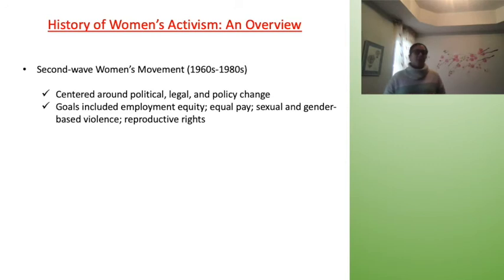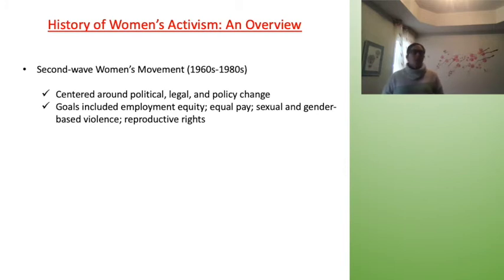The second wave of the feminist movement, or the women's liberation movement, which we've talked about earlier in this course, really occurred from the 60s and 70s in most of the Western world up to the 80s in Canada. The main goals of this second wave women's movement were around making political change around issues of equality, right? So changing laws to be more equitable when it comes to gender.